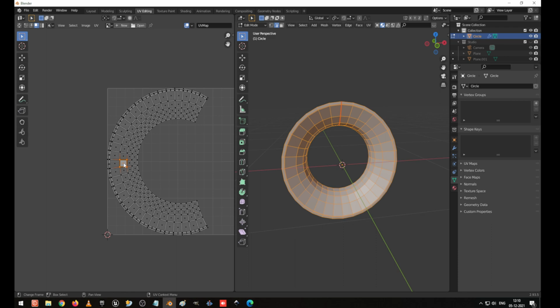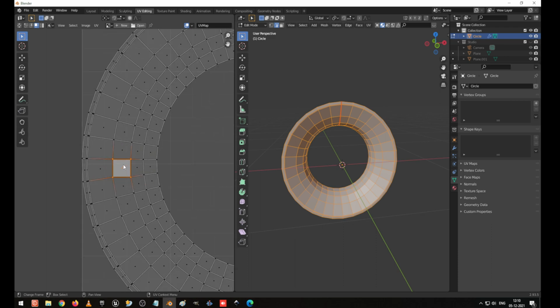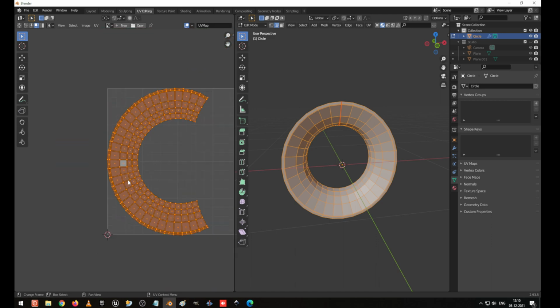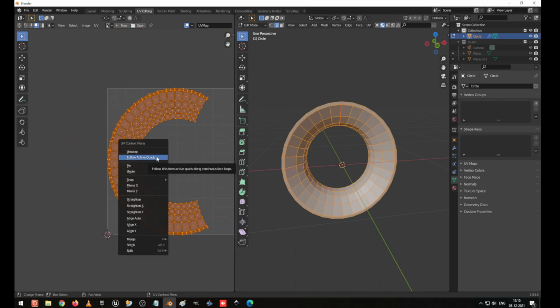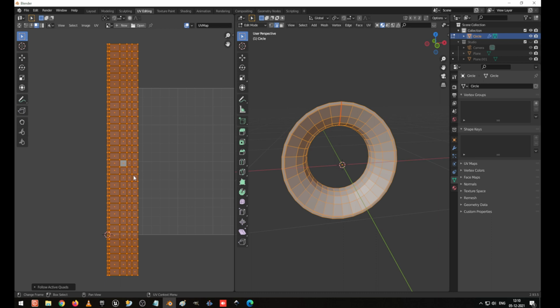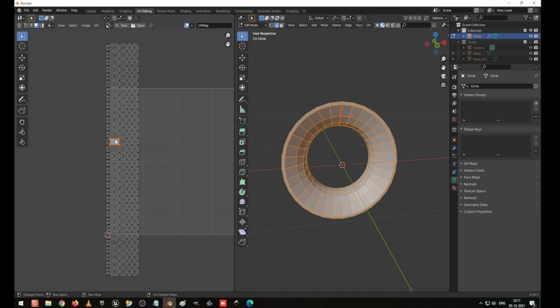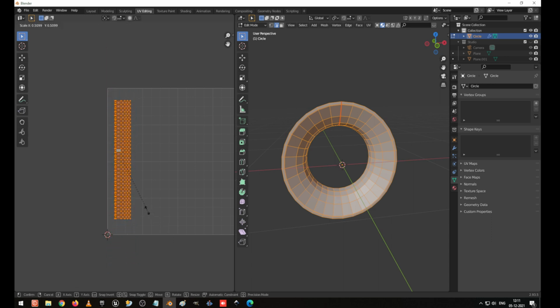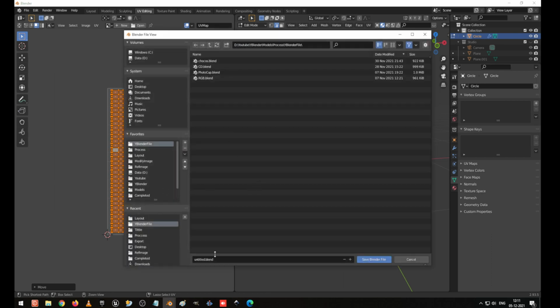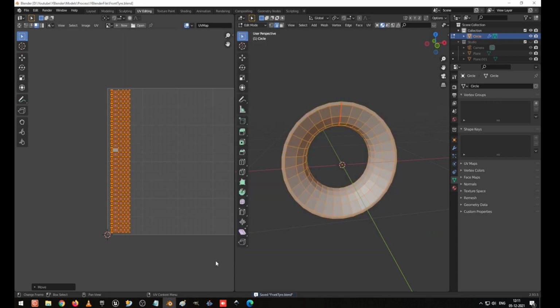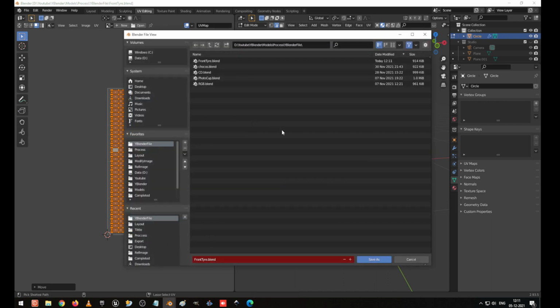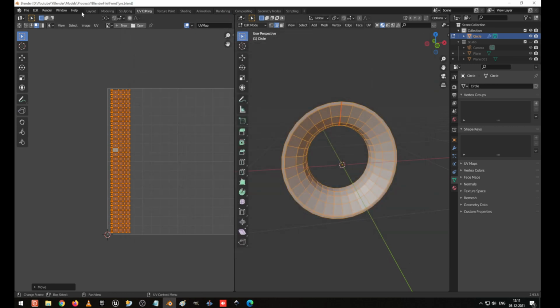So select the faces we have aligned, press A to select all and right click, Follow Active Quads. Now our unwrapping has become the shape of everything. So I select everything, S to scale down, and G to move and keep it. Okay, now I save the file as front tire. Sorry, I saved it in some other place. No, what I saved is correct. Okay, fine. So now we can go to the Layout section again.